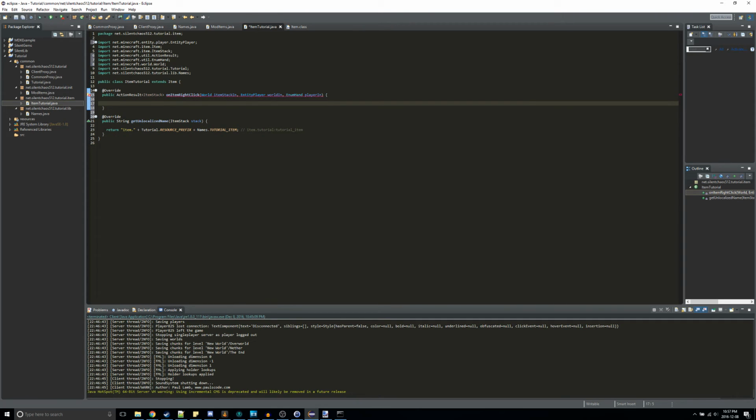We do want that to happen, probably. So we could just say return super.onItemRightClick and pass in that same junk. I also want to do one more thing. Let's take the player and